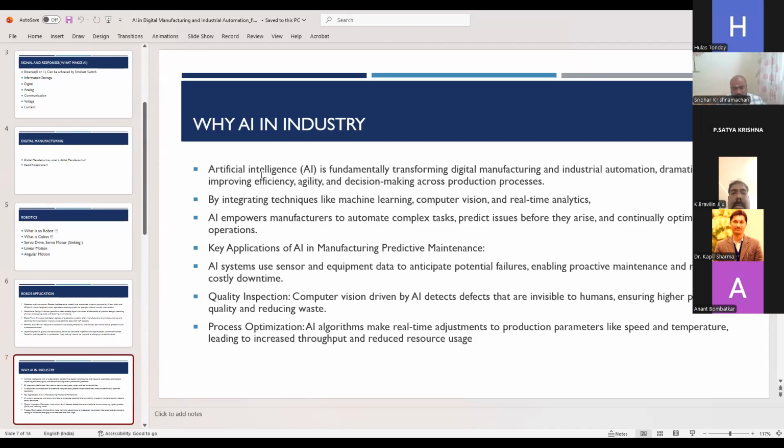Suppose in human compilation, there will be errors, right? For example, the data fed from the machines will not be accurate. Suppose based on the productivity from the machine, someone has to monitor the count, the person is saying whether it is correct or not, and we have to enter it into Excel. But in AI, we can directly fetch from the machine automation, from the PLC itself, how many jobs it has produced. Based on that, we can take it into our ERP software, and based on that, we can move to the next process.